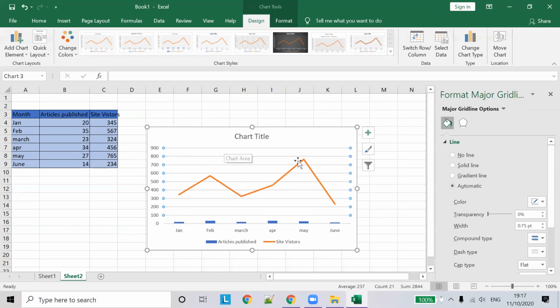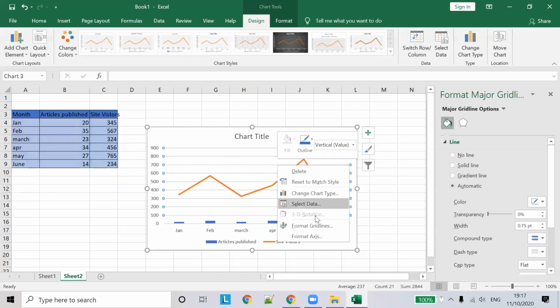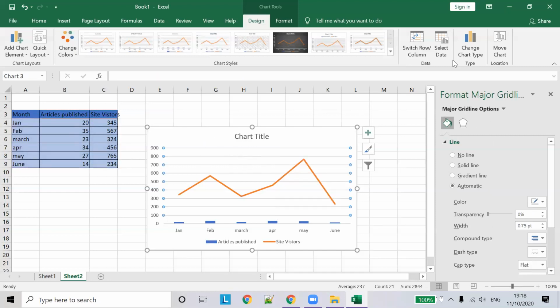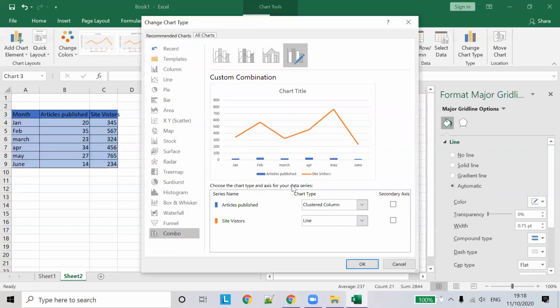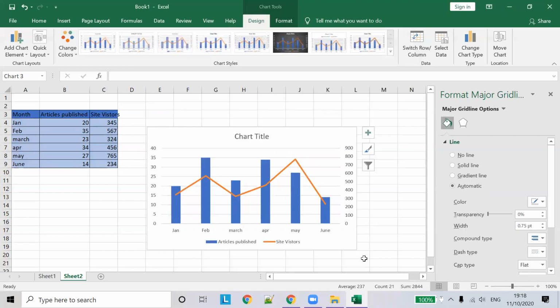So if you want to display the numbers for this also, you can do it. Right click, go to design, change chart type, go to combo. So now you can see both the data.